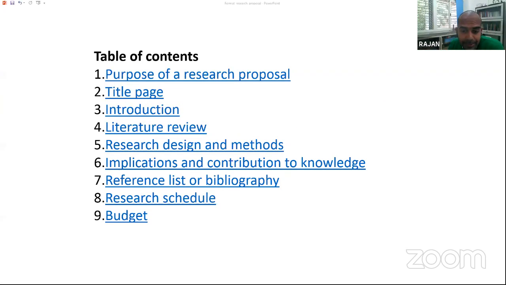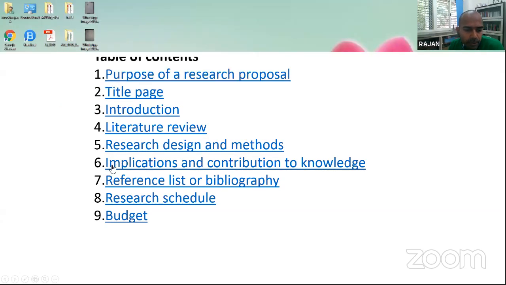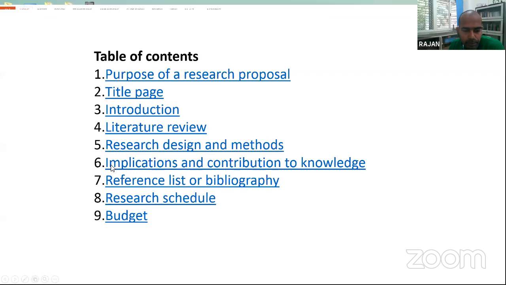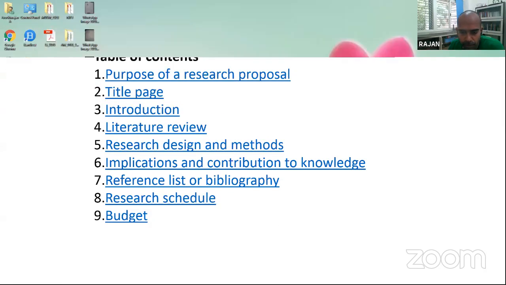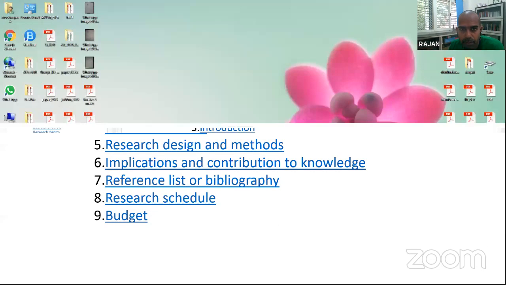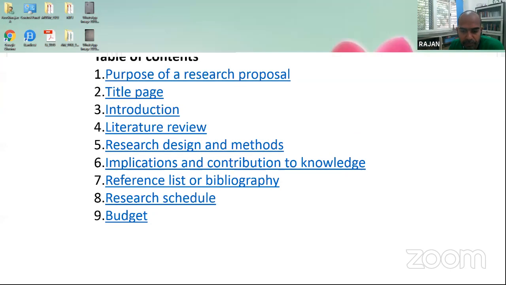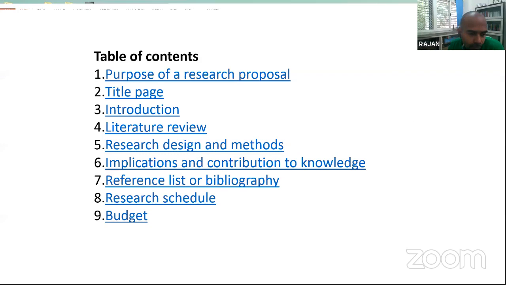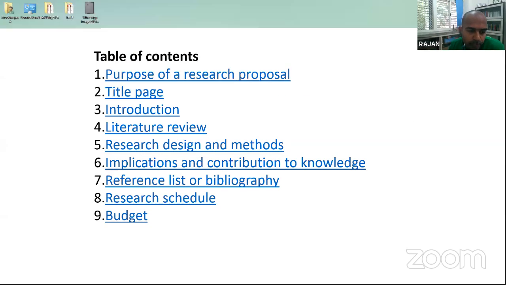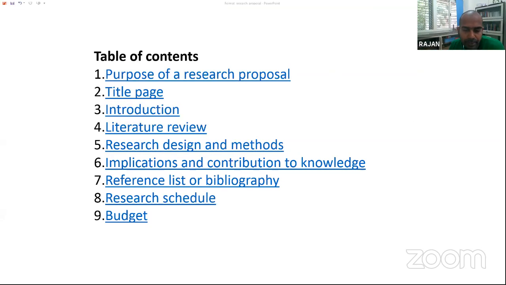And implications and the contribution to the knowledge. This is also pretty important, and you need to take that into account. We need to tell that there are some areas where we wouldn't work, and some areas we would have worked on. So to me, if you ask me, I would write a proposal wherein I have started off already working a little bit,